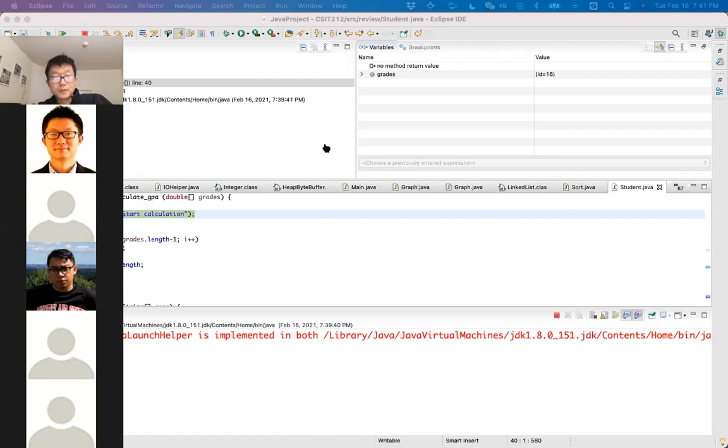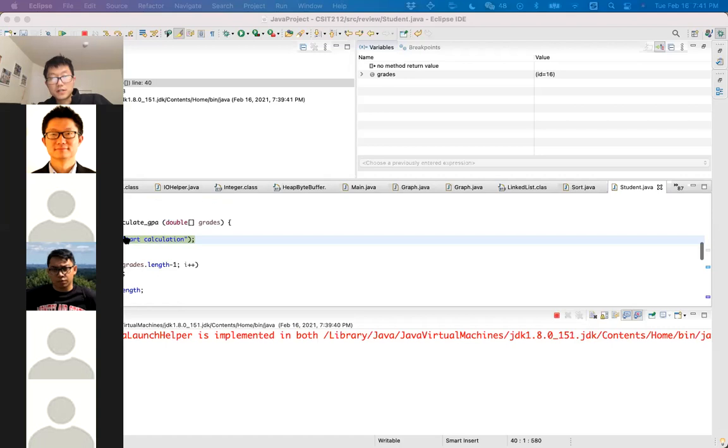So here we just click the step into function, and then we go over here. Now we enter the calculate GPA function, and it is making a stop before the system.out.print line.